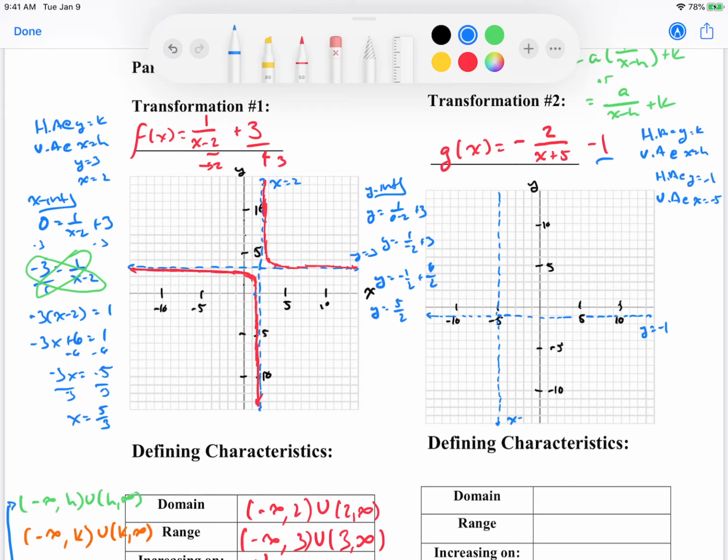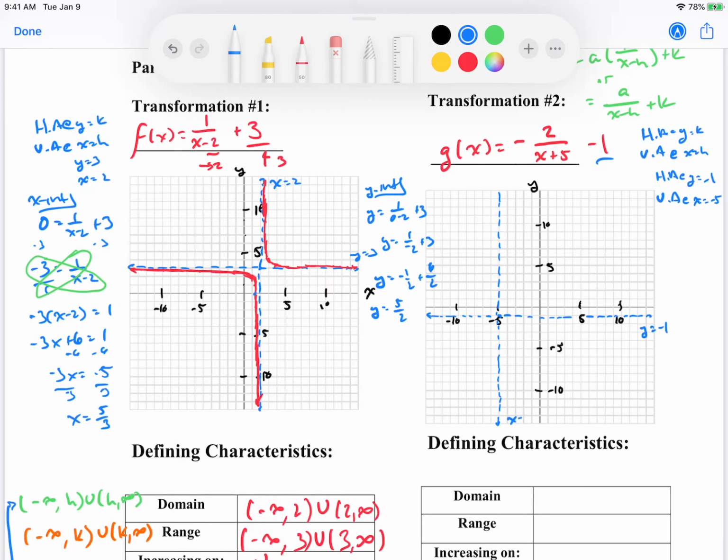Okay. So in order to do that, first thing we want to do is graph these. So again, since we have that -2 there, a couple things are really happening, right? This negative right here means that we have a reflection across the